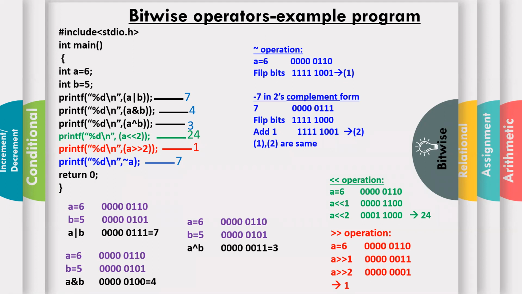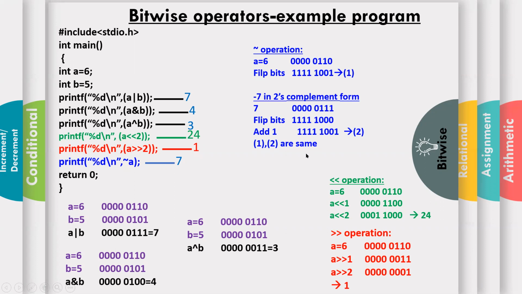So what happened in 1's complement? It flipped the bits, that is, changed zeros to ones and ones to zeros. The input is 6, so if you apply 1's complement, all zeros are changed to ones and ones to zeros. But if you display that value in your system, don't convert it directly into decimal, because this is a negative representation, 2's complement form actually. So you need to know for which number this is the 2's complement form. In our example, this is nothing but -7.